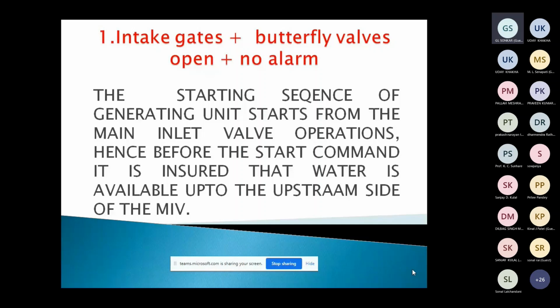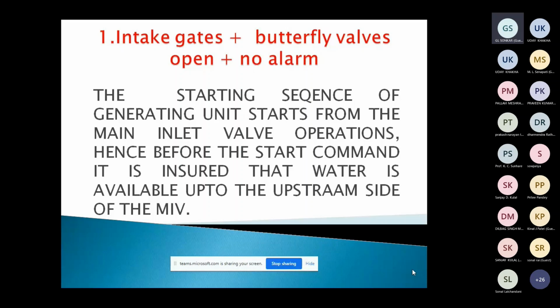They are positioning, they are ensuring, and they are putting all the three things in an AND gate. The control logic is behind it. The output of the three sensors they are putting to an AND gate. The output of the AND gate is given to an LED. If these three things are okay, then only that LED will be blinking. If the intake is not open, then this starting condition 1 will not be blinking.